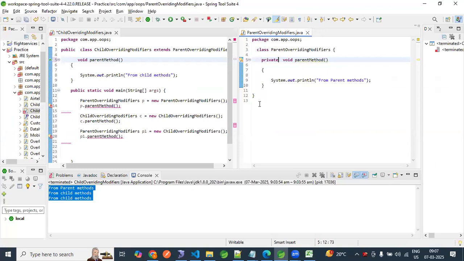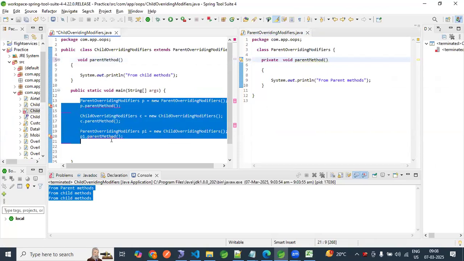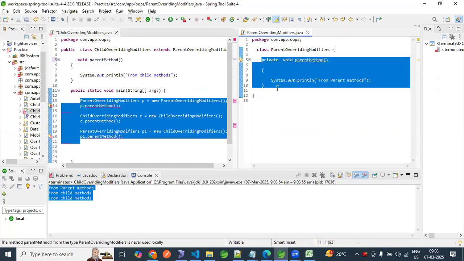Private keyword in method? No, not possible. All are errors, right? Why? Because we cannot override a private method. Hope you are good. So what you have to do, guys,